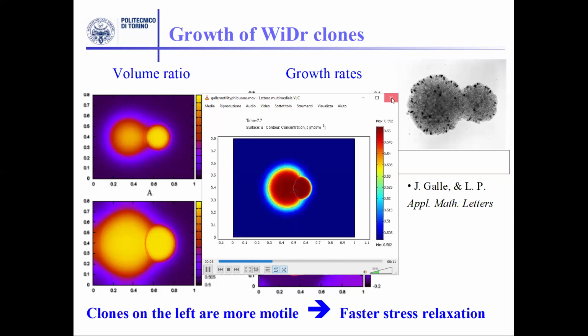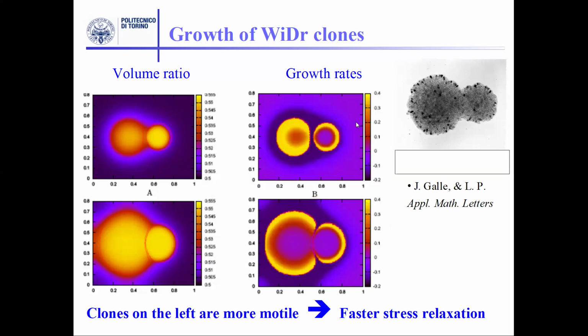In this case, the law that I give for the growth term has to do with the stress. It's related to stress in the sense that when the cells are stressed, they duplicate less. This is a well-known phenomenon called contact inhibition of growth. I skipped that part, but I will leave you the slides for those who are interested in looking at some details of this phenomenon. So if you look at the growth rates,